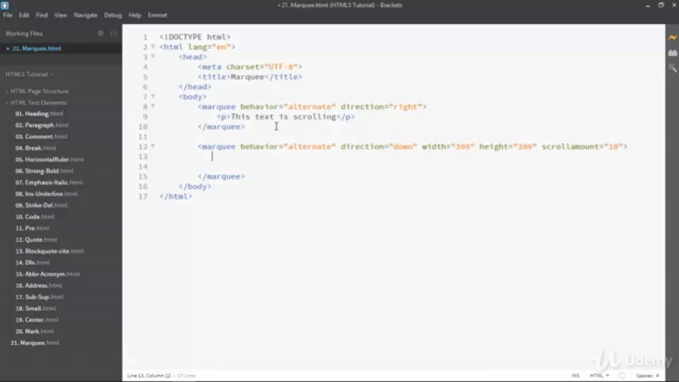Now inside again this marquee tag, I can create again one marquee. So this is called nested marquee tag, and inside that I am going to create one paragraph, that is text is scrolling, and here behavior will be alternate. Now I'm going to save this file